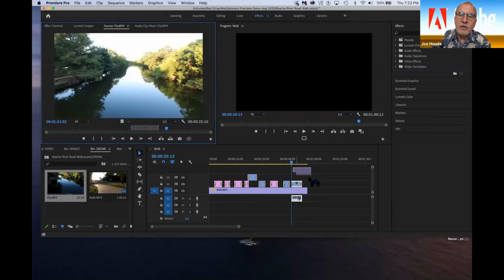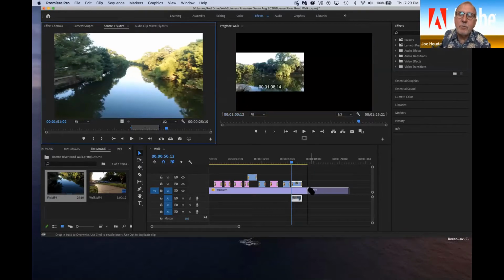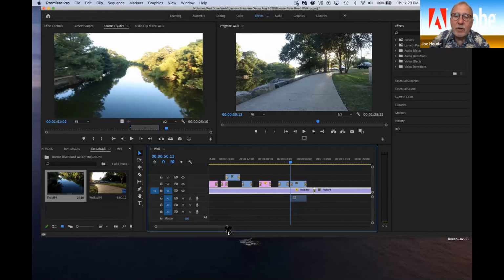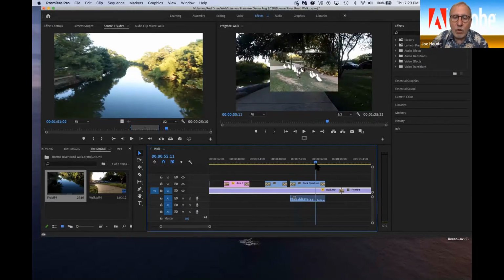Here, just the video. Drag it over here, and I'm going to put it at the very end following our walk. And now, if I select, I don't want to do that. I got to get in here and select both of those clips, the walk and the fly, Command or Control D, and if I zoom in on that for a little bit, you can see that it put a crossfade between those two. So we've got the squawking ducks,